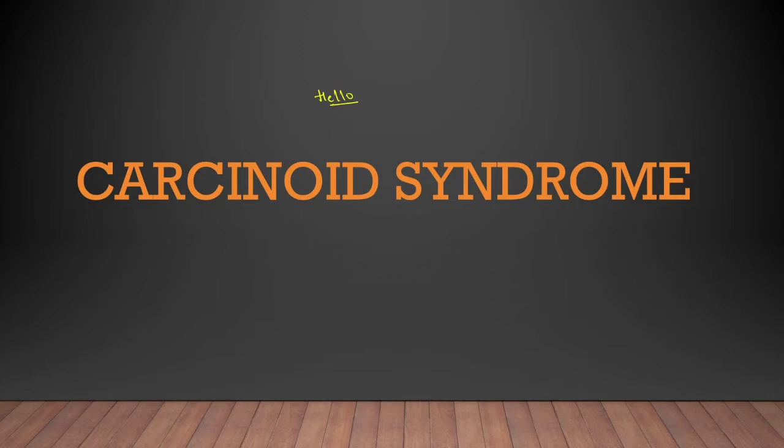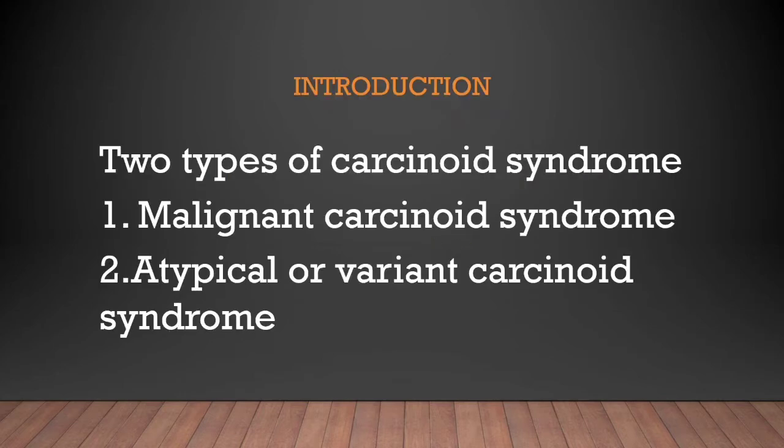Carcinoid tumors arise from the enterochromaffin cells which are found in the crypts of Lieberkühn. Carcinoid tumor commonly occurs in the appendix, ileum, and rectum. Carcinoid syndrome occurs in 10% of carcinoid tumors. It is common in small bowel carcinoid, but it can also occur in other sites like bronchus, pancreas, testes or ovary. Most common in small bowel.